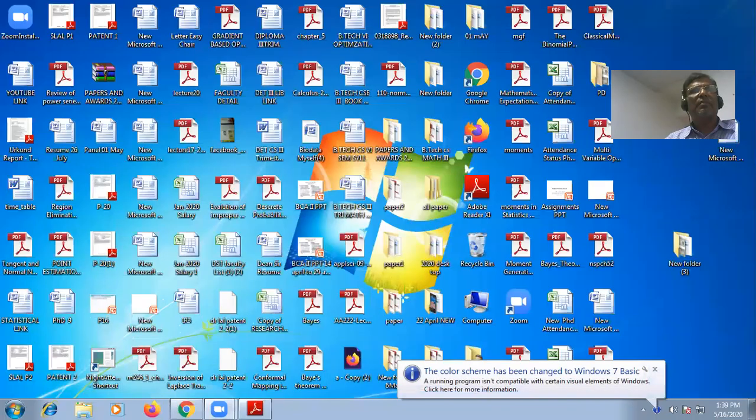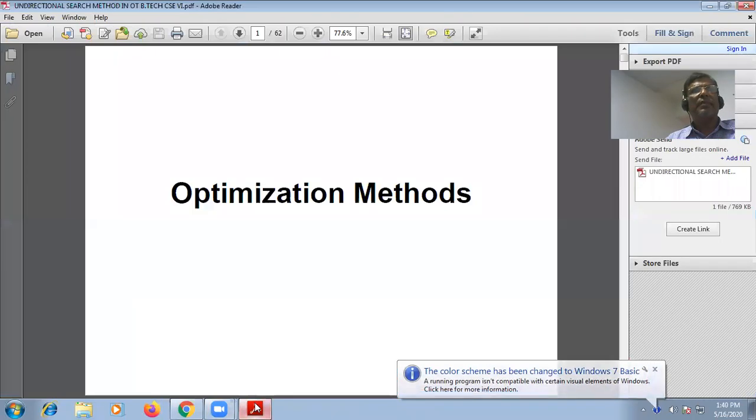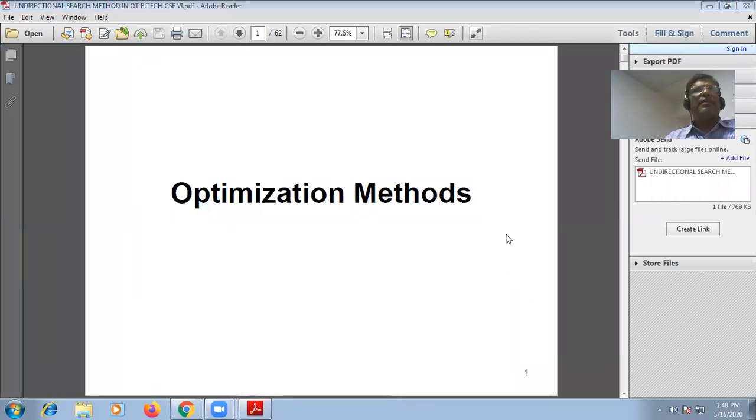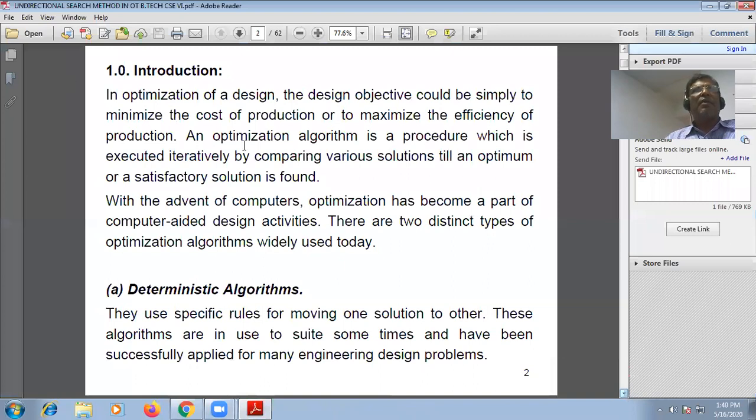Kindly see the matter I'm sharing on the screen. This is the optimization method, and in optimization of a design, the design objective could be simply to minimize the cost of production or maximize the efficiency of production.